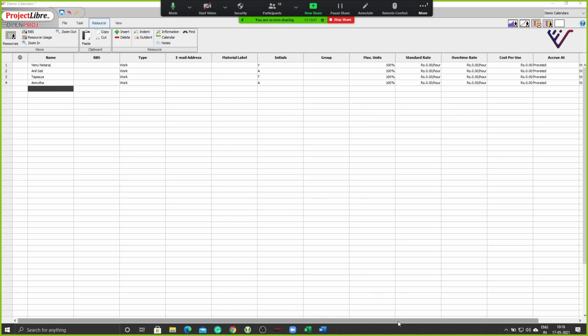Actually both the methods are right. There's no right or wrong, but the second type is where you assign that calendar to the resources, and that is where it makes more sense, because there are people who will work in different shifts, in different batches. So I can have a generic resource. I can also put a resource which says 100 labor here. I'm putting all the 100 laborers as one entity.